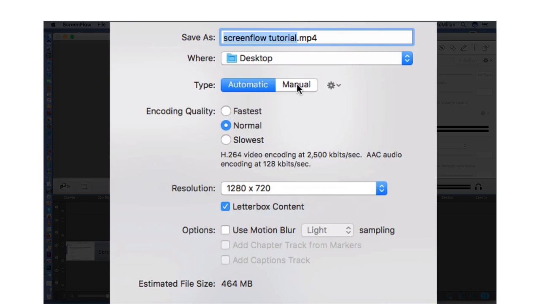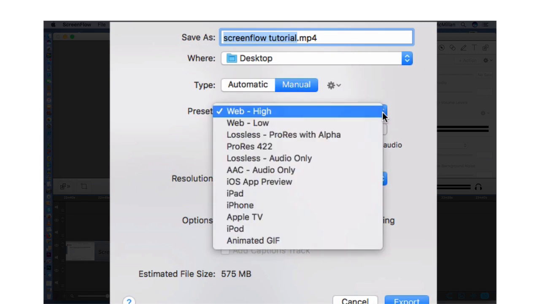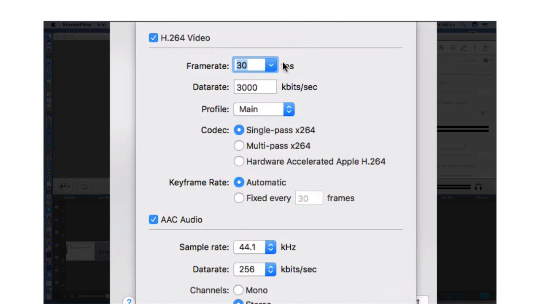And then the other thing is under Manual, you should come in here and make sure it says Web High. There are all these different things. It needs to say Web High to export it to YouTube. And then 1280 by 720, that's fine. But then under Customize, there are some different options. Now, by default, ScreenFlow makes your videos 20 or 30 frames per second. You may have changed those settings, and if you did, you can change that there. The data rate for this video with this size, I'm going to make the data rate say